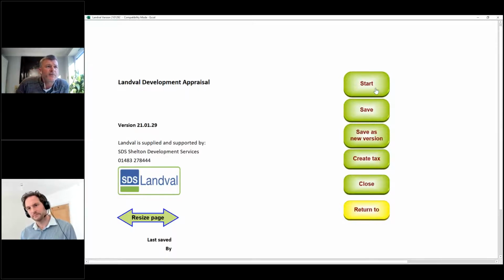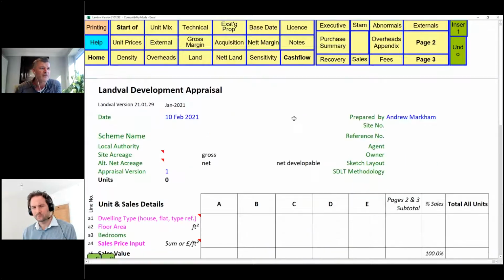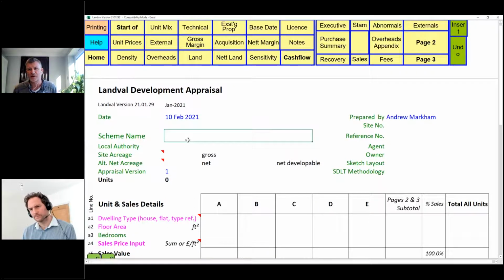So I'm just going to open up literally a blank appraisal, and walk through what I was replicating here. Some of the headings at the top here have gone out because of my screen sizes, not anything to do with the software as such. So at the top here, we've got these different sections. These are the various sections that we're going to put some information in, and we're going to go down to a land value here. And then we can have a look at the sensitivity, we can look at some reports, and we'll look at some detail. I'm just going to run through some of this stuff, listen out for any questions, and we can go into a bit more detail.